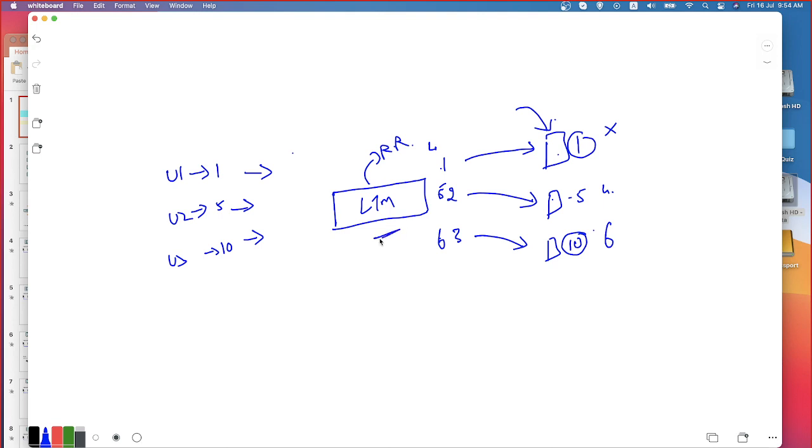So when I do static load balancing, the performance of these servers is not taken into consideration at all for distributing the load. Though it is not efficient, this is also one of the mechanisms we still use as a load balancing mechanism. Do you understand what I'm saying? Is that clear?